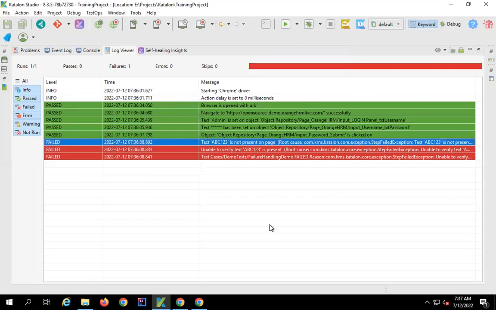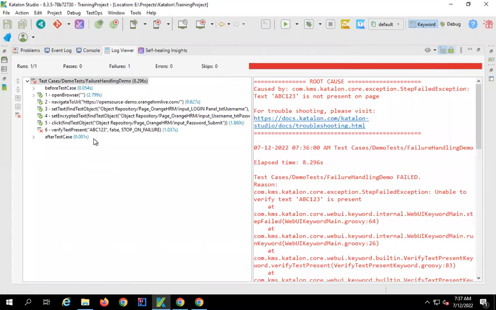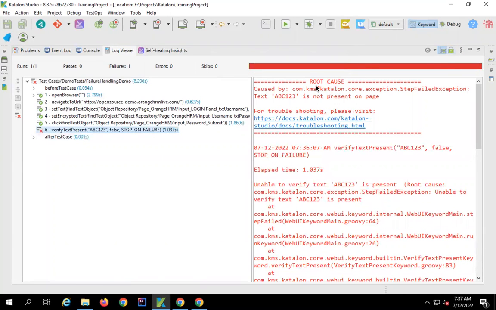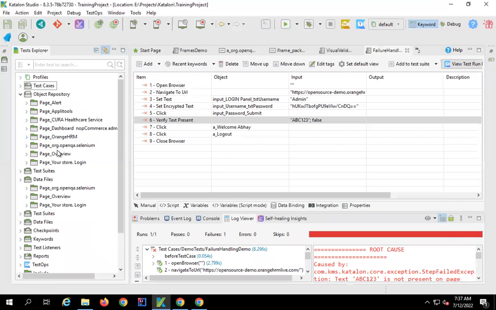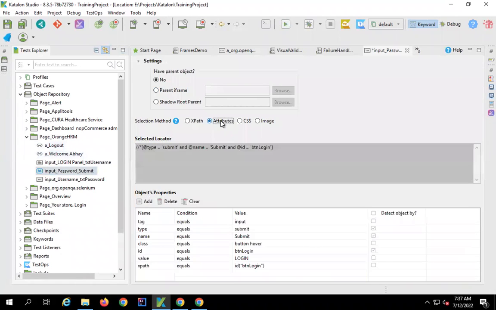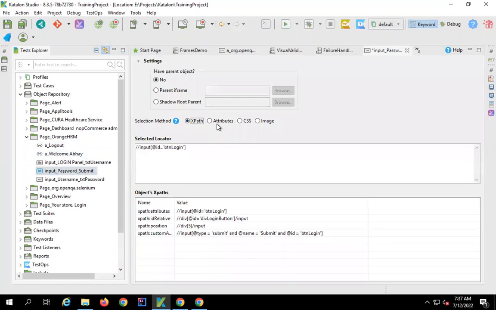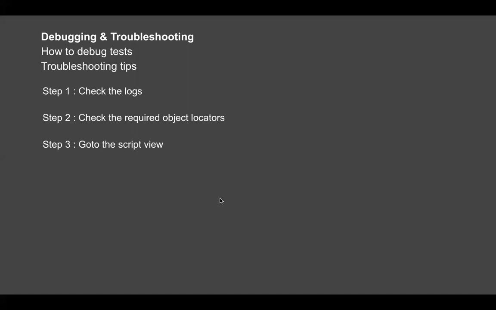In case the failure is because of an object, you can directly go to the object. So when you go to the tree view, and if the failure is due to an object, you will also have the link for the object here that will directly take you to the object repository. And you can check the object. For example, if you go to any of the objects, you can see the object locators. You can see all the attributes of the objects. If you want to change the locator or the selection method, you can change it from here. So all that you can find from the logs. Now,